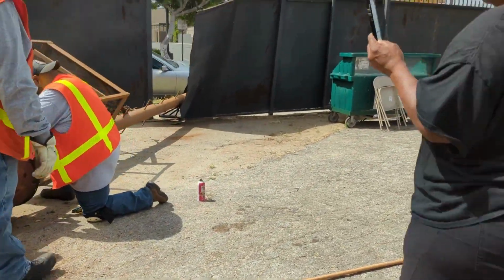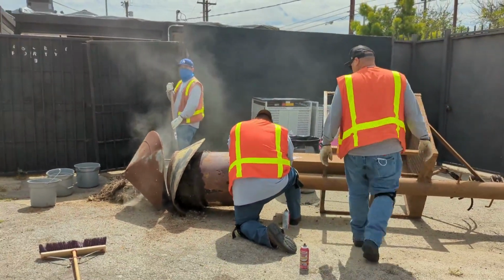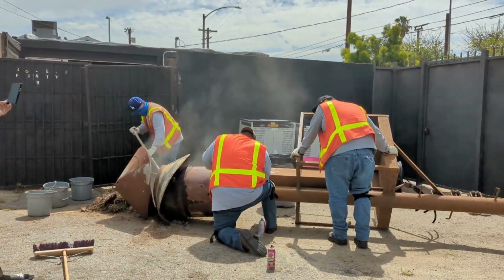So, what department are you guys from? Bureau of Street Lighting. So they're picking up the